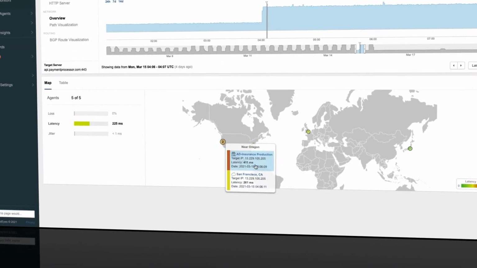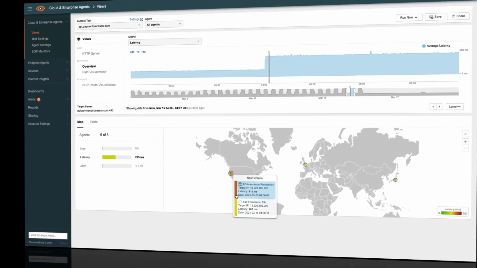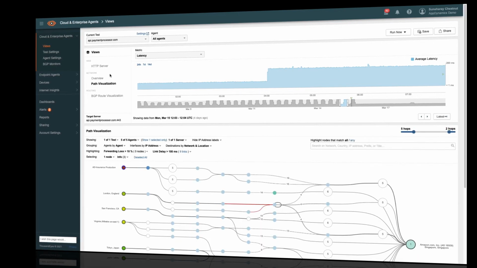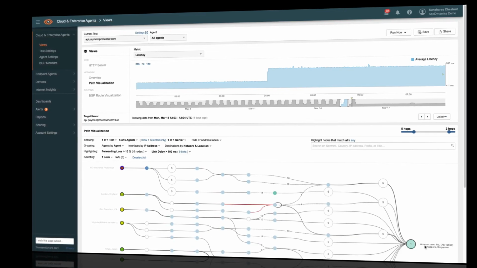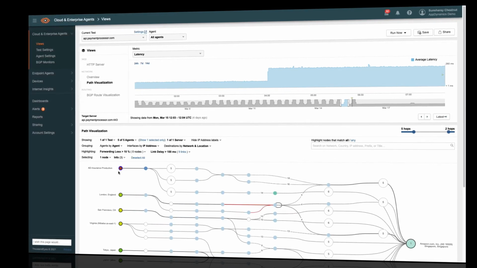This tells us this problem isn't necessarily due to our own data center's network, but likely due to the internet path that leads up to this payment processor's data center. We can get a deeper understanding of that path at the path visualization layer. This view represents the hop-by-hop path our traffic traverses from our agents all the way up to the payment service data center. On the left is where our test originates from, and on the right is the front door of